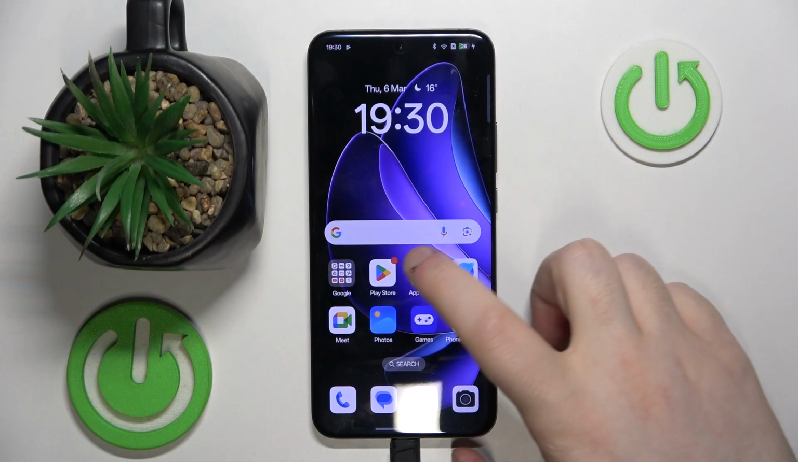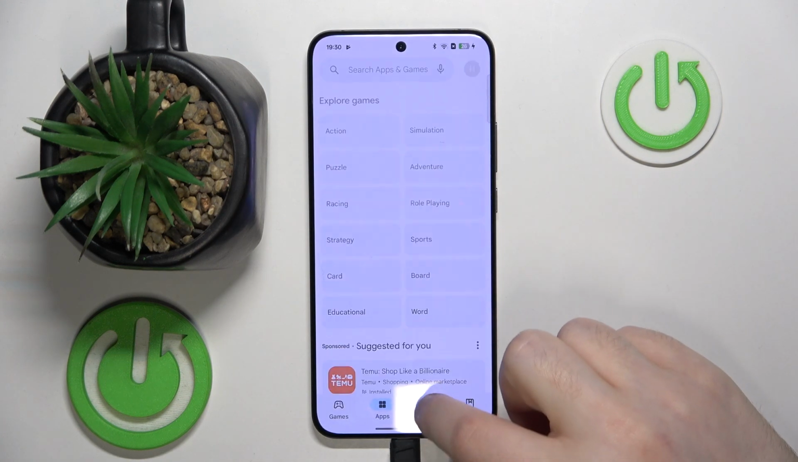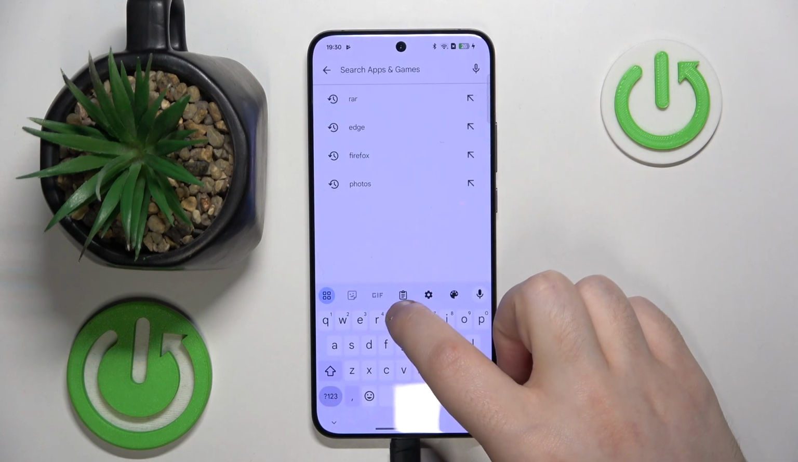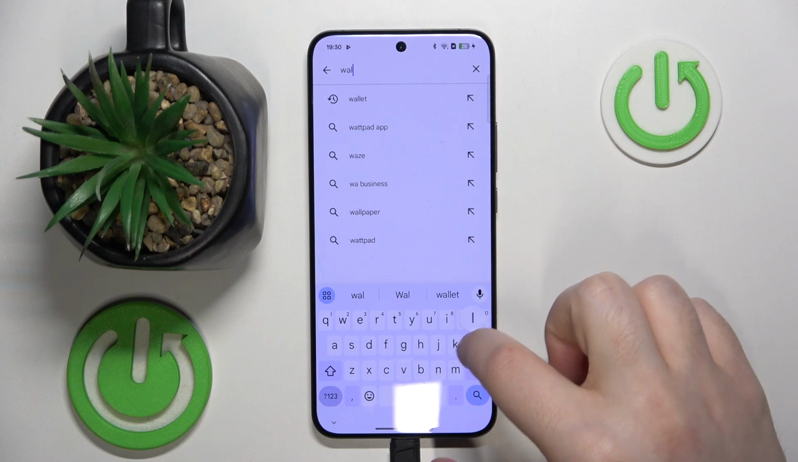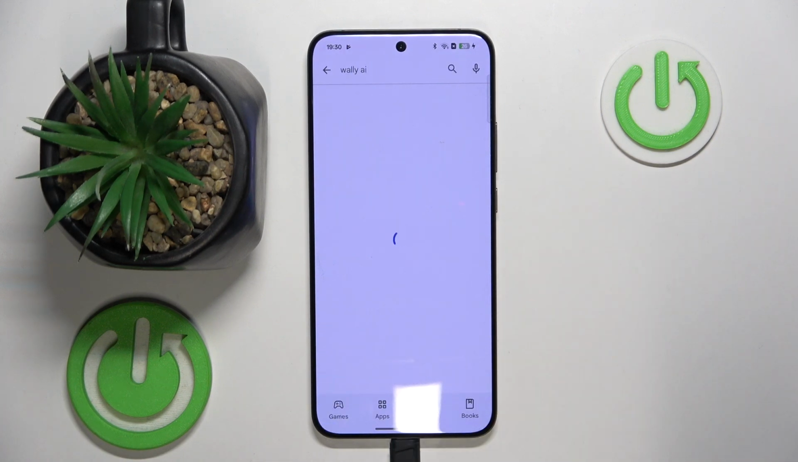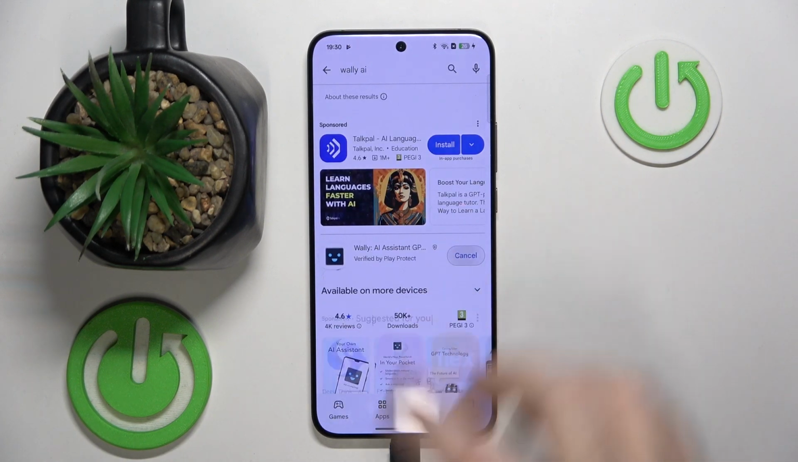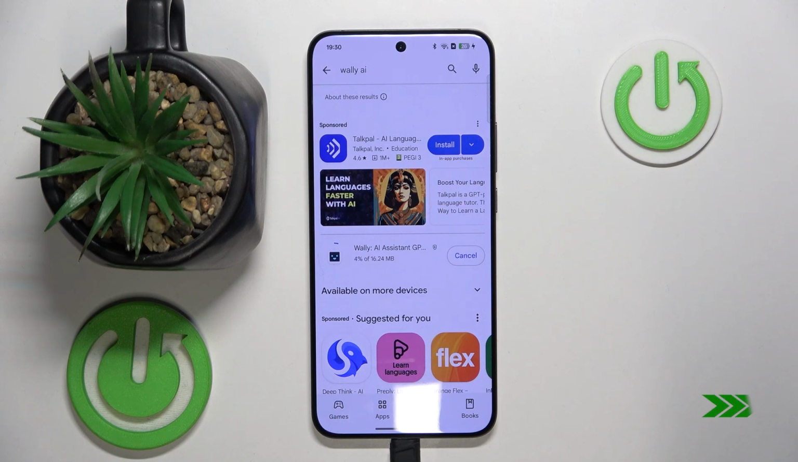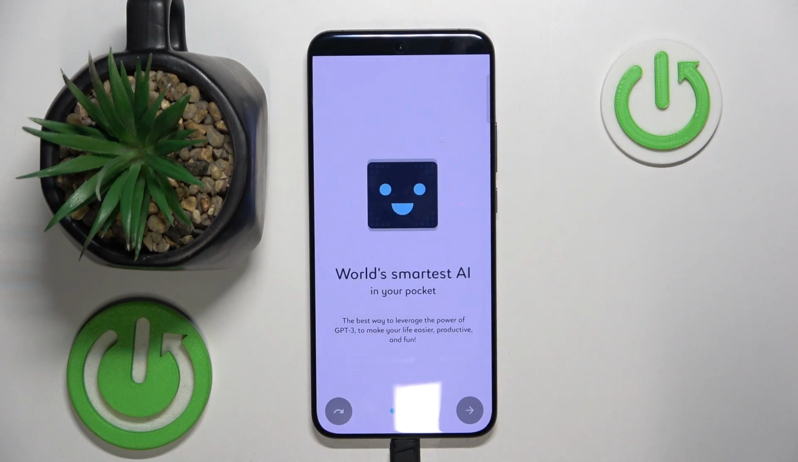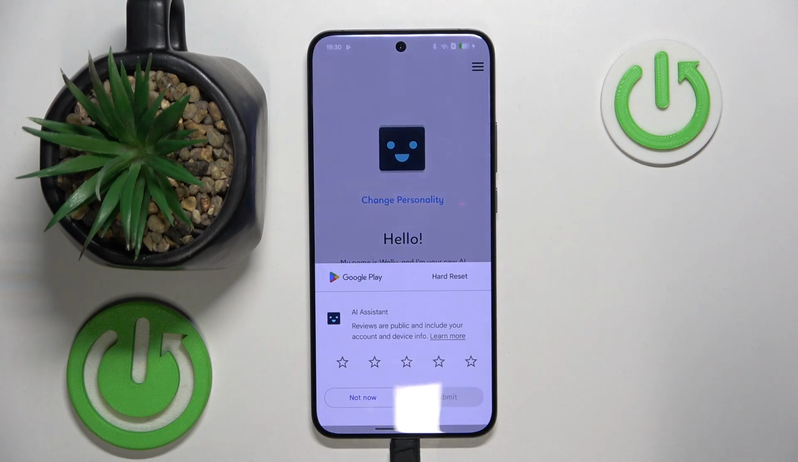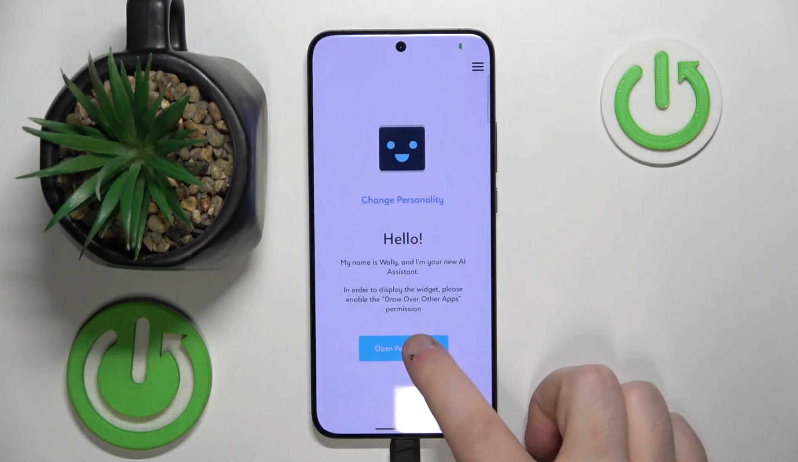So you have to start by opening your Google Play Store, then click on the search bar and type in Wally AI and click search, and now click install. Then you can click open and click on this button to skip introduction, then click not now and click open